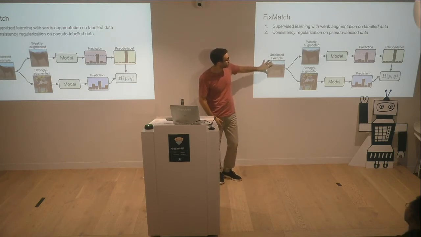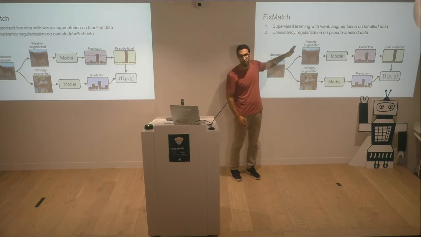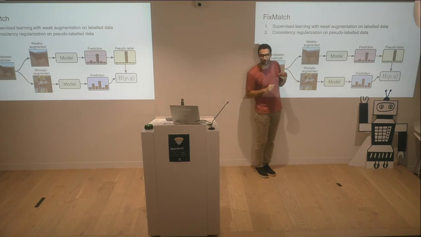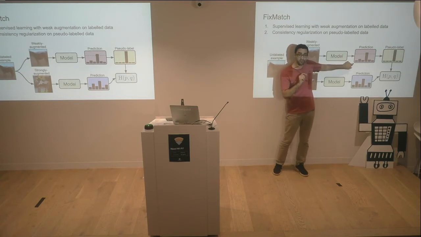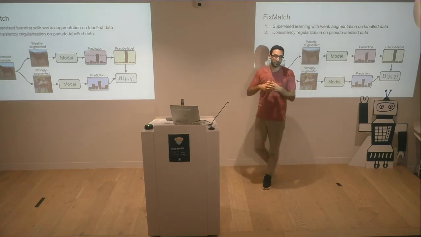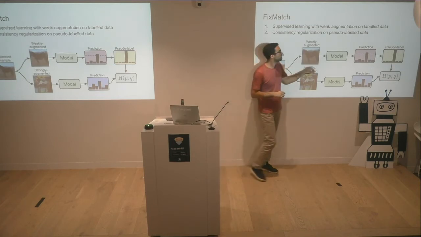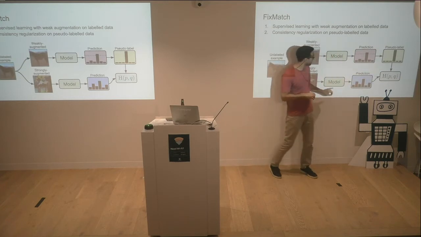So we pick an image which is unlabeled. We apply 2 augmentations to it. One weak augmentation that preserves the general sense of what the image is, and then a strong augmentation. And then we ask the following question. On the weak augmentation, was the model very confident about what that image was? Meaning it achieved, let's say, greater than 80% confidence that that image was a horse. And if so, we're going to include that into our pseudo labeled set,